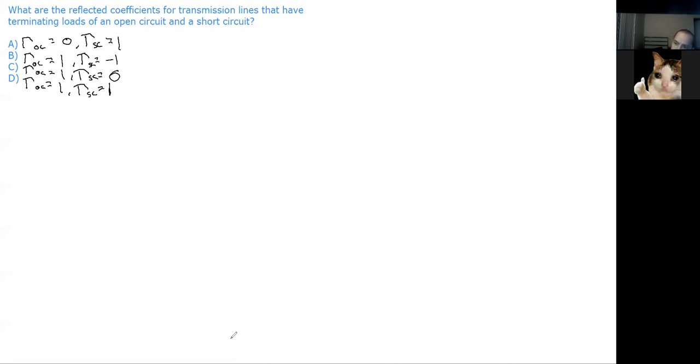Let's see, short circuit. If I remember anything from short circuiting in the circuits class, basically a short circuit is where there's no resistance, no impedance. And then with an open circuit, that's where the impedance is infinity. So in that case, that means